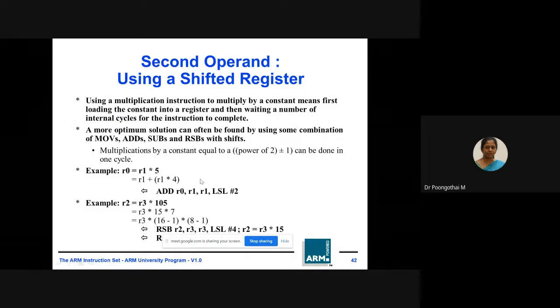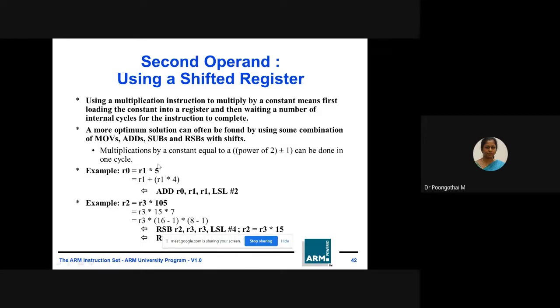So here they have used this add instruction, add along with LSL. It will perform both multiplication and addition, combining simple operations in a single instruction. That is the significance of LSL, the significance of the shifting operation. The single instruction alone will perform both the addition operation and the multiplication operation.